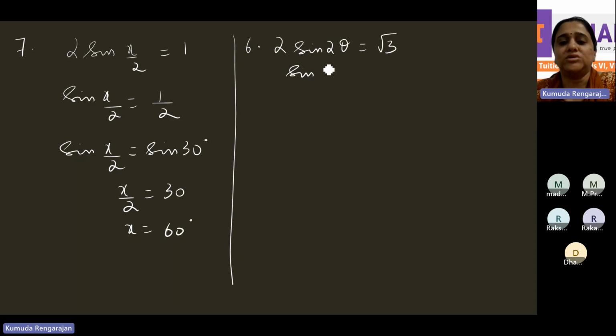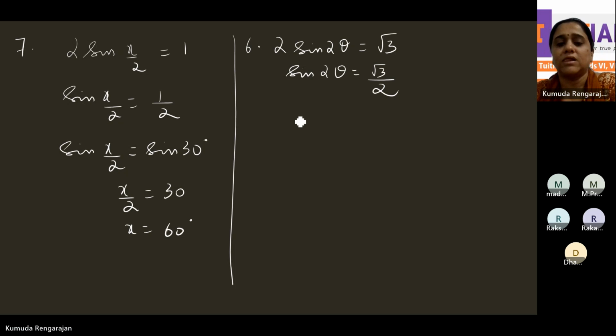So sine 2 theta is equal to root 3 by 2. Sine 2 theta is equal to